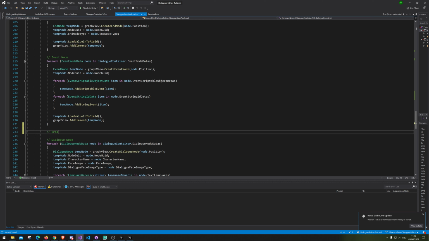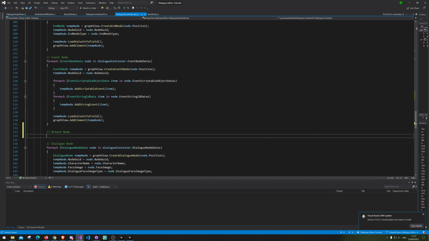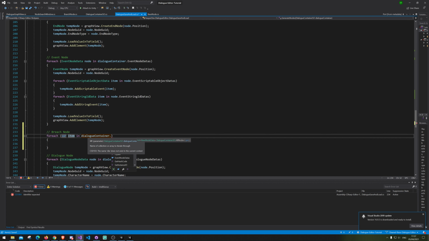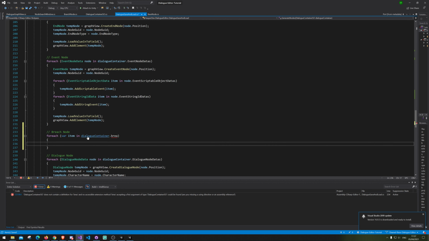So we're gonna go for each branch node in dialog container dot branch nodes, and we of course are gonna go branch node data, and in here we are going to say